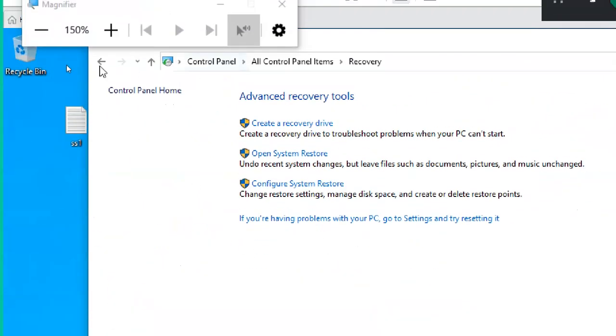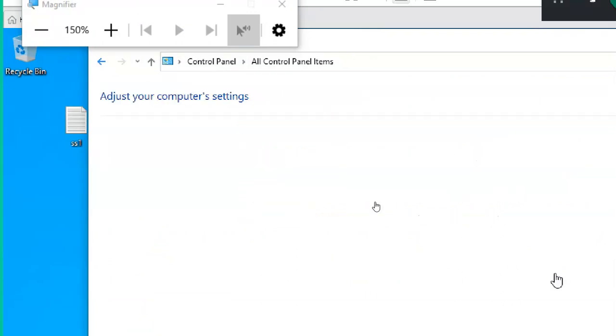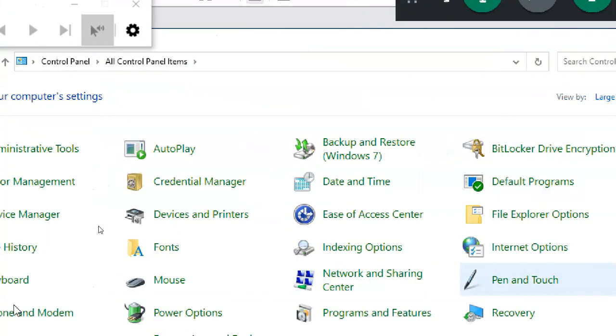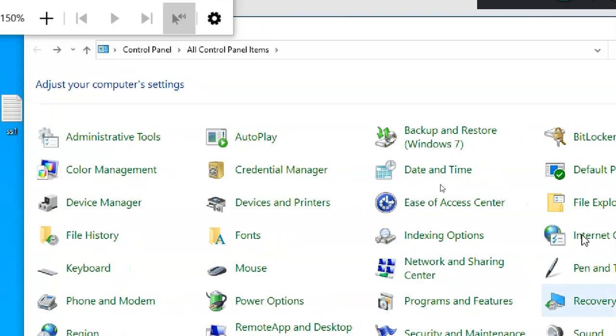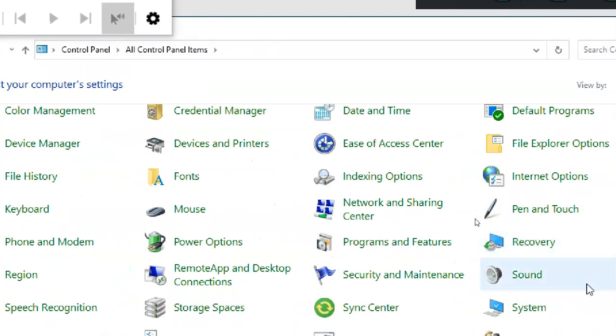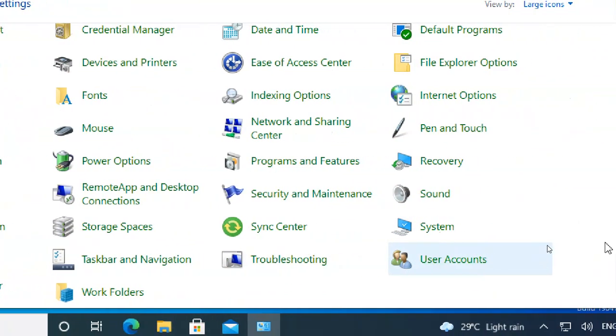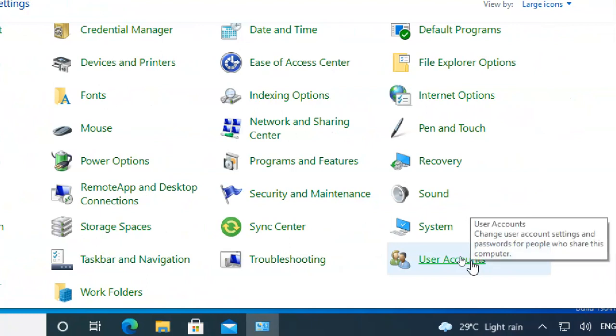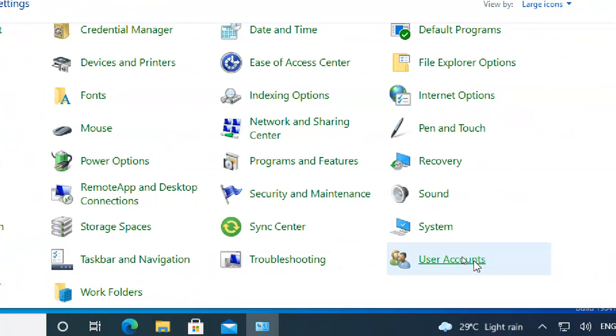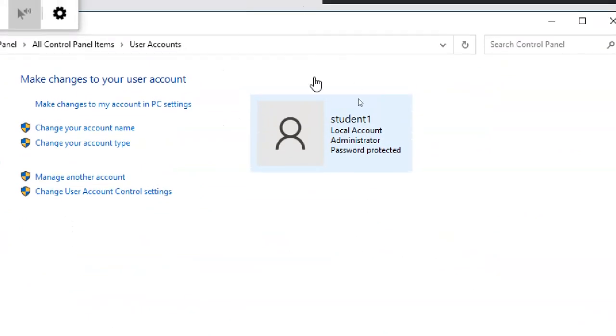In large icons, find out where the user part is. User accounts. Can you see, this is user accounts? Go to user accounts in control panel. It is showing student 1, administrator, password protected.